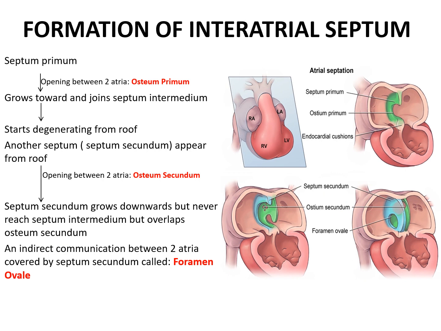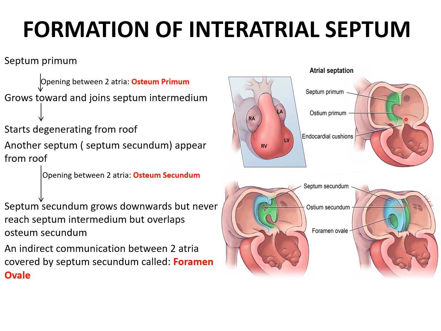As we have discussed earlier, by the end of the fourth week, the septal formation occurs in various parts of the heart so that proper chambers are formed. Similarly, in the common atrial chamber also, the septum starts appearing from the roof, which is a sickle shaped septum called septum primum. This septum starts growing downwards towards septum intermedium, and there is an area through which the right and the left side can communicate, and this is called as ostium primum.